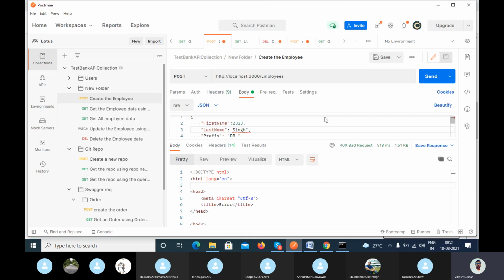Ideally it should be 400 Bad Request, because it is a bad request, but in our project we are getting some other client error like 422 Unprocessable Entity, or 401 Unauthorized, or 404. Apart from the 400 Bad Request, you are getting some other code.